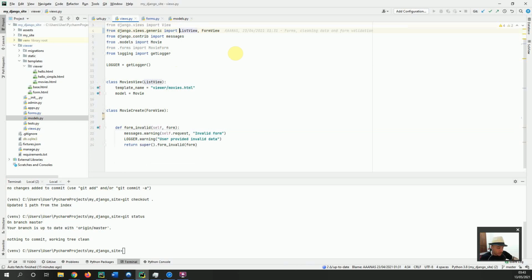What I need is a list view, and I need a movie. I need a create view. That's what I need, create view. So when you're working with the model, you can use a create view. So for movie create view, let's call it MovieCreateView, it's better. And then here I would say CreateView,